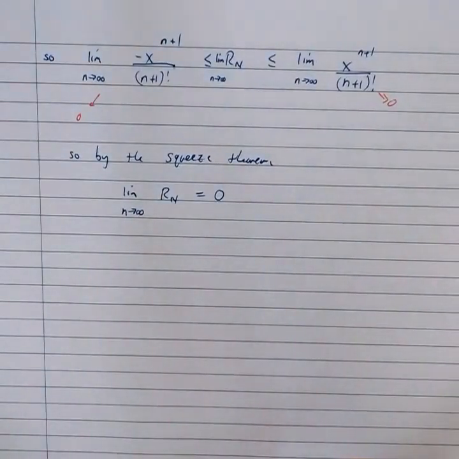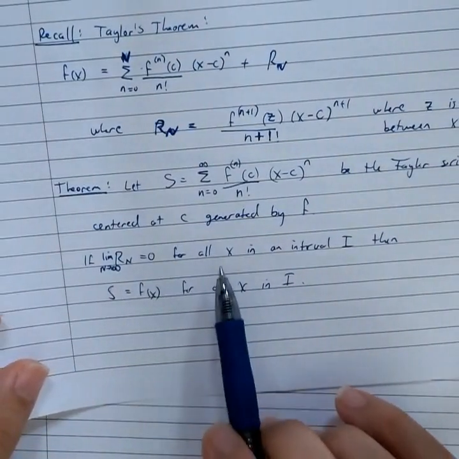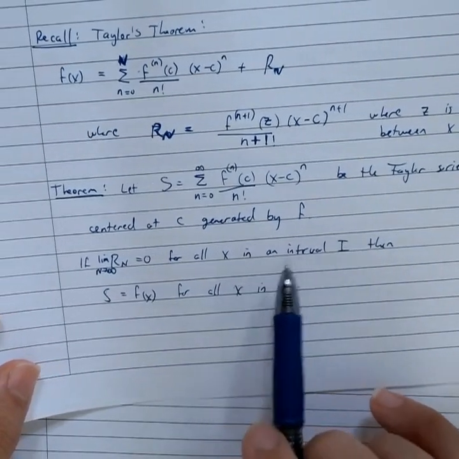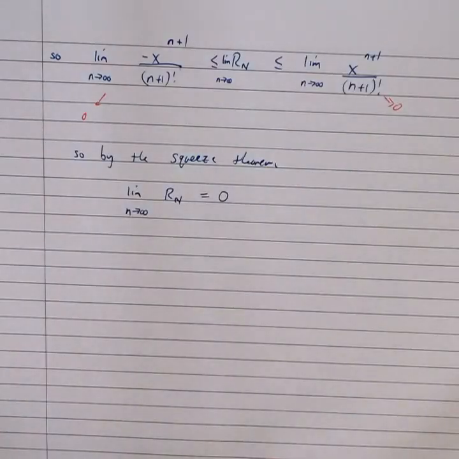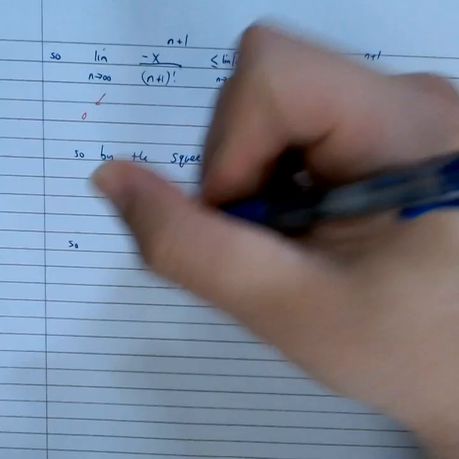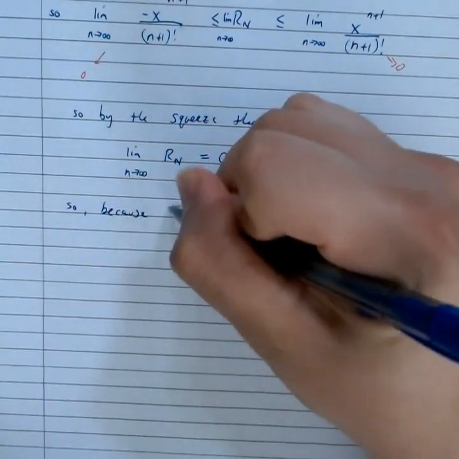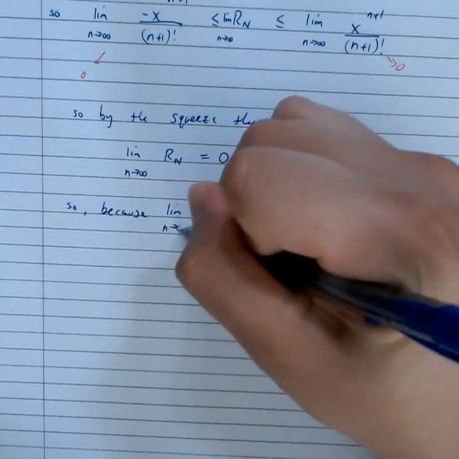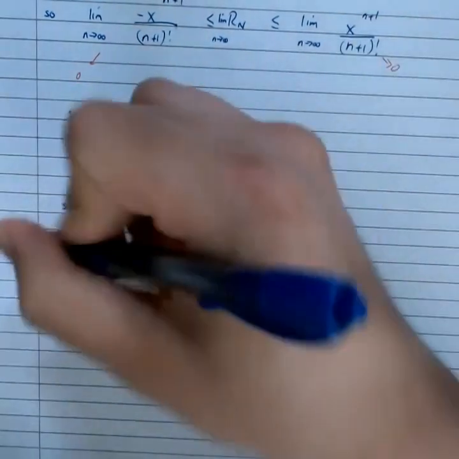Oh, but then by our theorem, we see that as long as that limit goes to 0, then for all x in the interval of convergence, our Taylor series converges to the function that generated it. So, because the limit as n approaches infinity of the nth remainder term is equal to 0, then